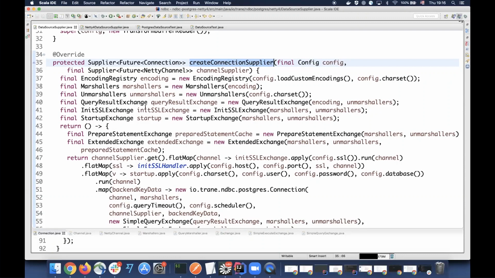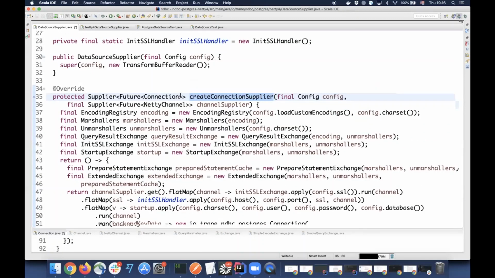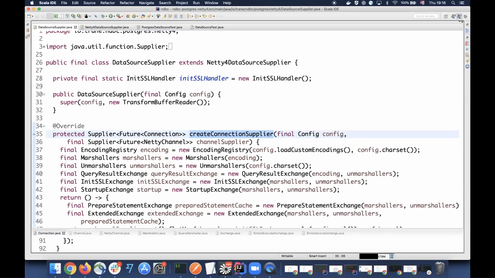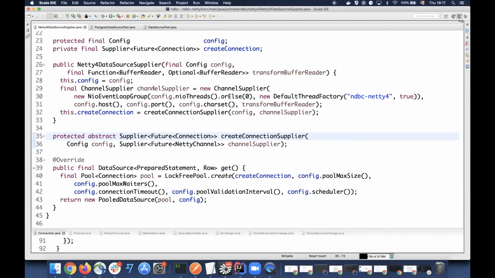So even this is the data source supplier, meaning that you don't use the data source at that very moment, you use something that generates a data source for you. The whole process works in the sense that you have a data source that will provide you with the future of a connection, that when you try to execute something, provides you with the future of a result set, a list of rows, that will provide you with the future of something else. So it's entirely declarative. That's the idea with something that's entirely asynchronous. And here we have the Netty thing.